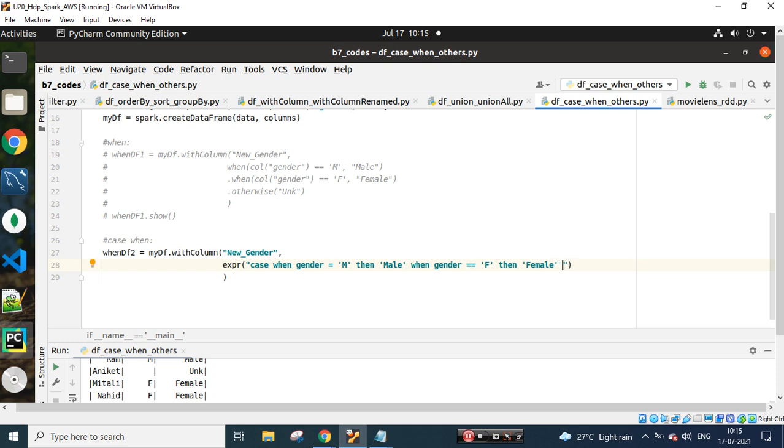If it is done, then finally I just need to write else, and here we write just unknown, and finally you need to end this clause like how you do in your respective SQL stuff, in a similar fashion. There's no, so when data frame 2 dot show, okay, we have commented the earlier one, so we should get